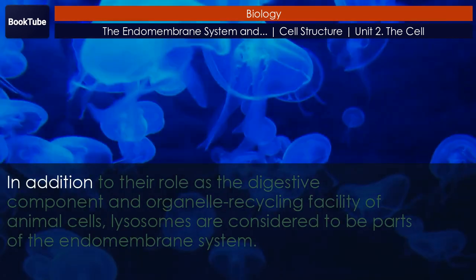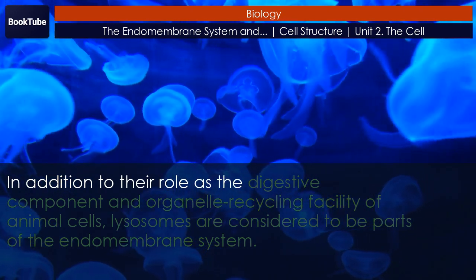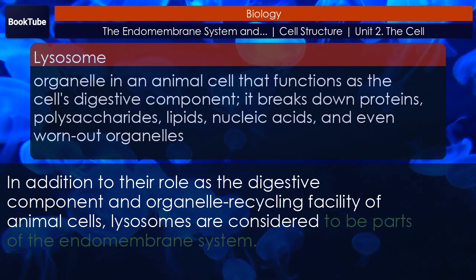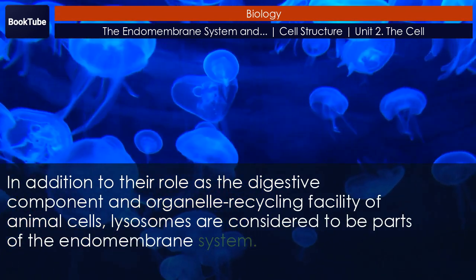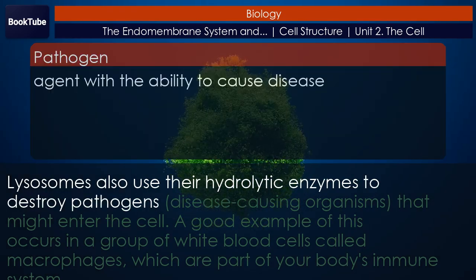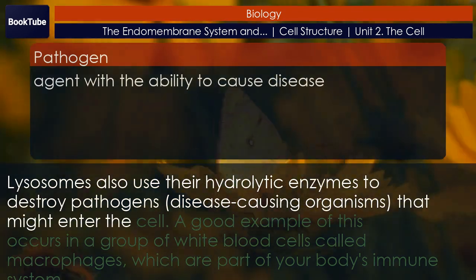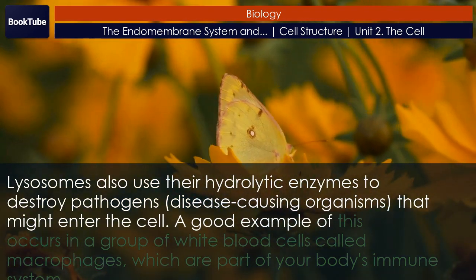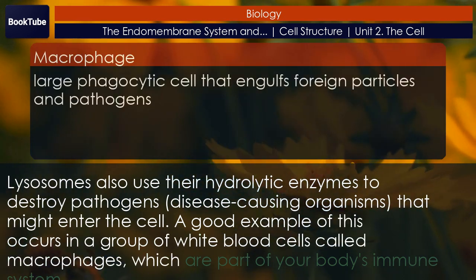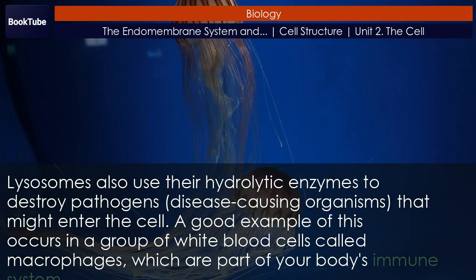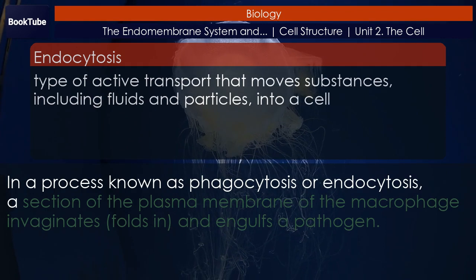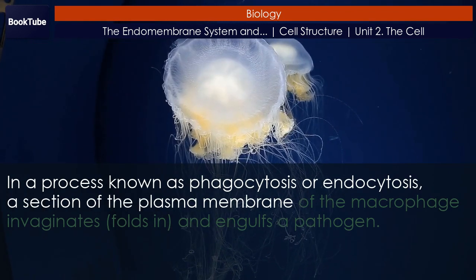Lysosomes. In addition to their role as the digestive component and organelle recycling facility of animal cells, lysosomes are considered to be parts of the endomembrane system. Lysosomes also use their hydrolytic enzymes to destroy pathogens, disease-causing organisms that might enter the cell. A good example of this occurs in a group of white blood cells called macrophages, which are part of your body's immune system. In a process known as phagocytosis or endocytosis, a section of the plasma membrane of the macrophage